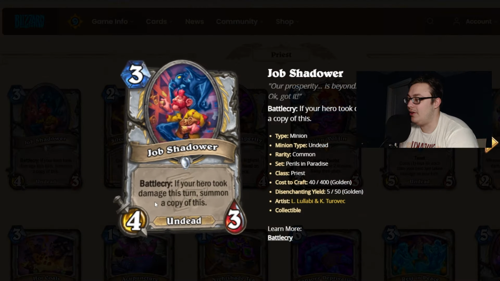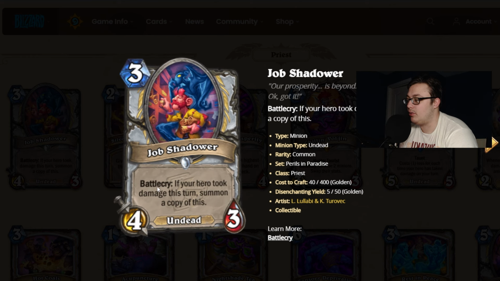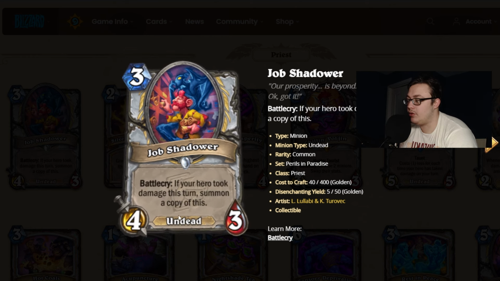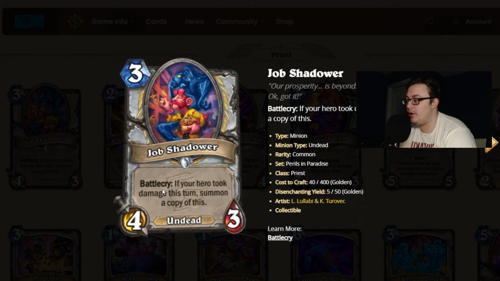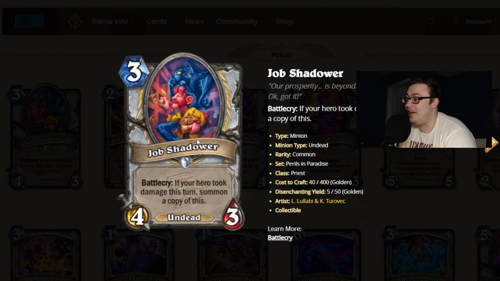Then we have Job Shadower, 3 mana 4/3 undead for Priest. Battlecry: if your hero took damage this turn, summon a copy of this. This is gonna be wild in Wild, I'm gonna tell you that much. Hell, I mean,